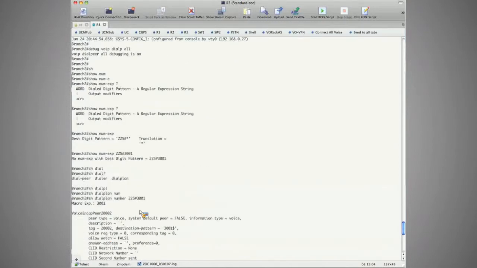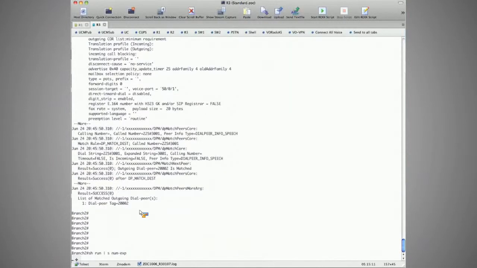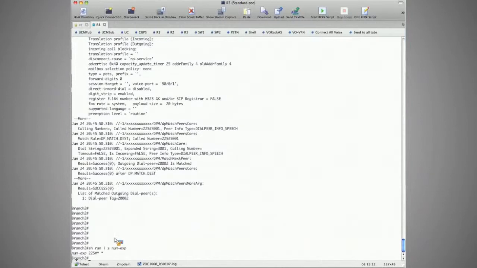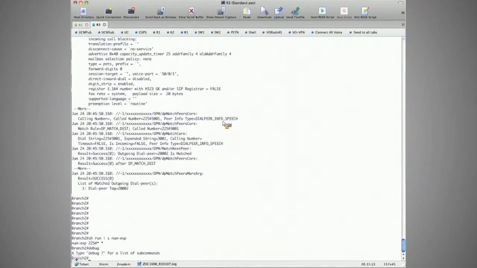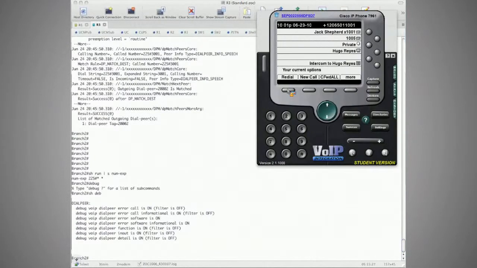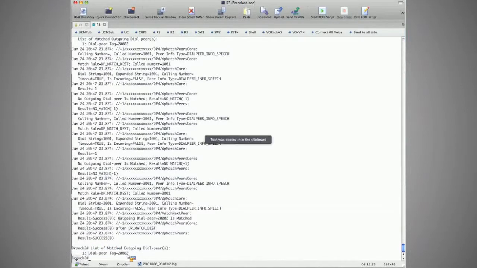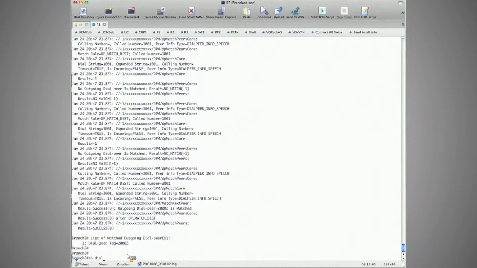Okay, so just again to show the command, show run pipe to section num expansion. This simple little bit right here will route the call. Ready? And let's actually just do debug. Okay. Call routing in. Result is a success. The match of the dial peer tag is 20,002, which again show dial-peer voice summary is